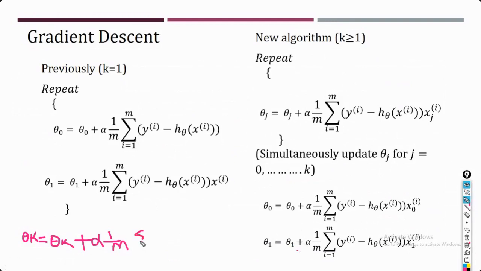This is the summation from 1 to m, and the y is going to be the same; the only change we will have is with respect to xk. So this way, the same gradient descent concept is also applicable for multiple linear regression.